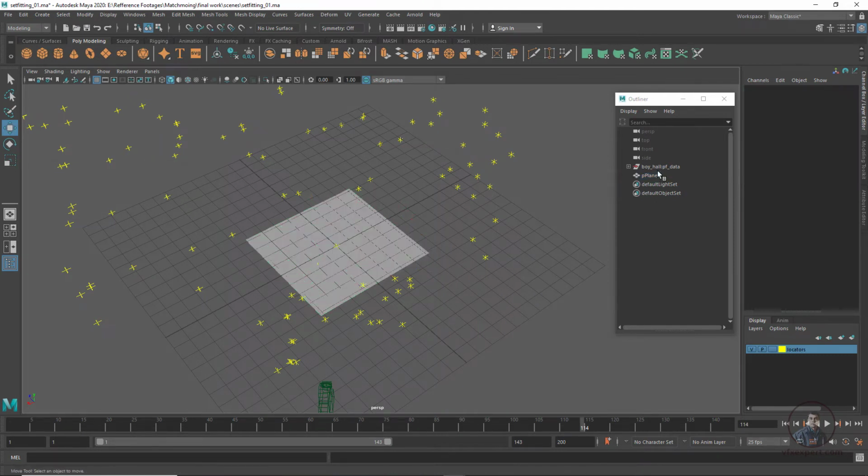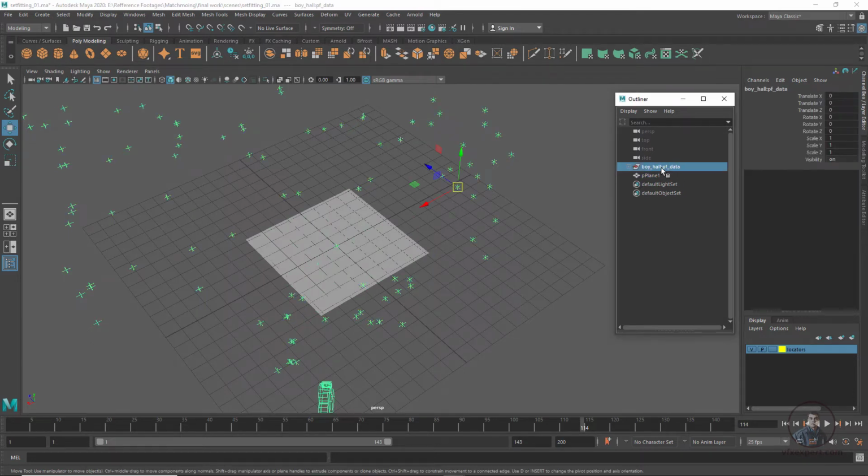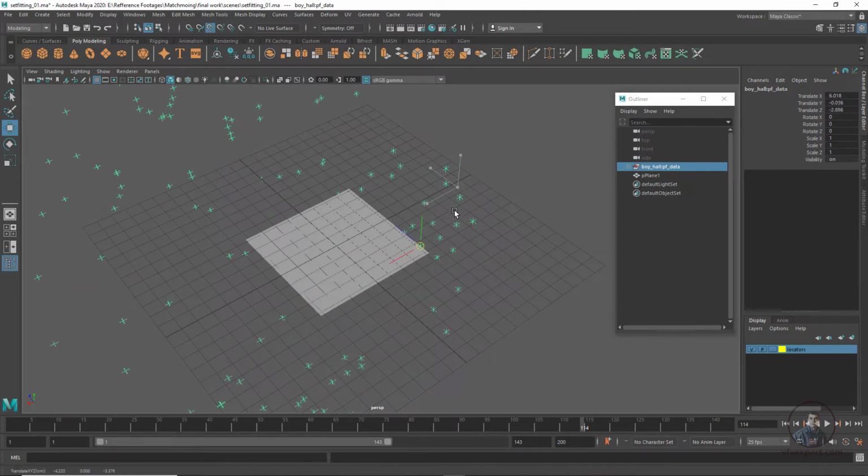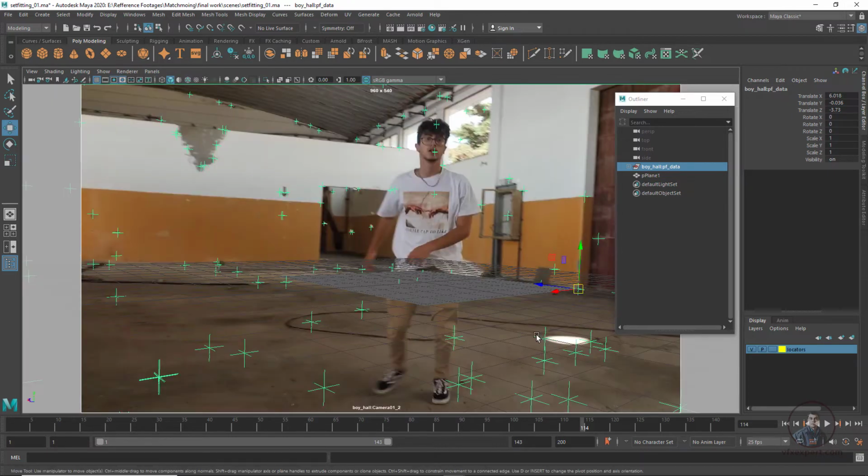Now finally we have to snap this scene group onto our plane, this corner point. Okay, so what we have to do, select our scene group. Here press W, so you can see, then press V because we have to snap the entire scene group onto this plane, this corner point. Okay, so then press V and just finally snap it here like this. Now just come in our camera view here, so easily you can see, just switch off our grid here, this one, and switch off locators if you want. Now you can see.